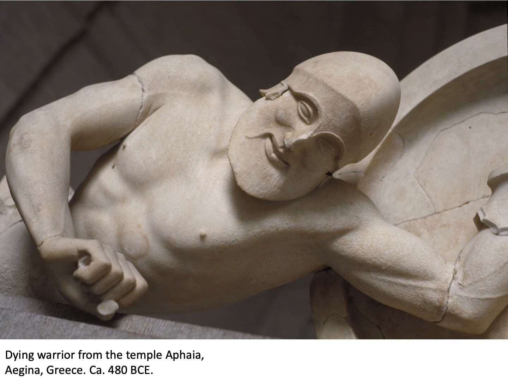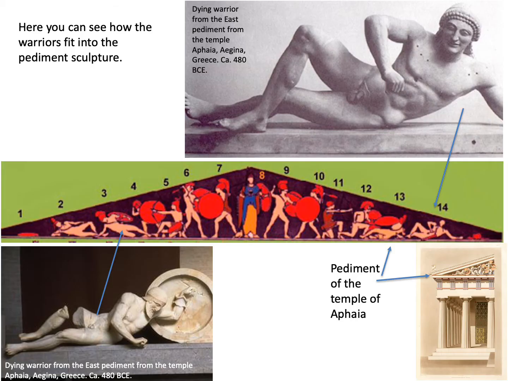This slide shows you a little bit more clearly how the warrior looks downward at the human standing on the ground. It is the viewpoint that the spectator would have seen when standing on the ground looking up at the warrior. So I've included this slide to sort of help you see the points about where the warriors are located and how the location of the warriors is important in terms of how they relate to the